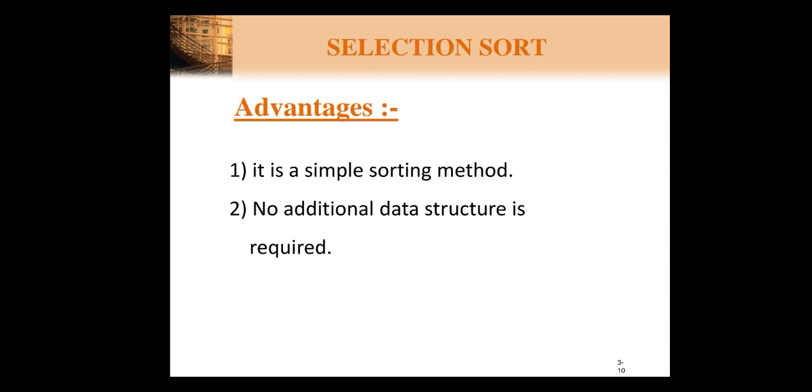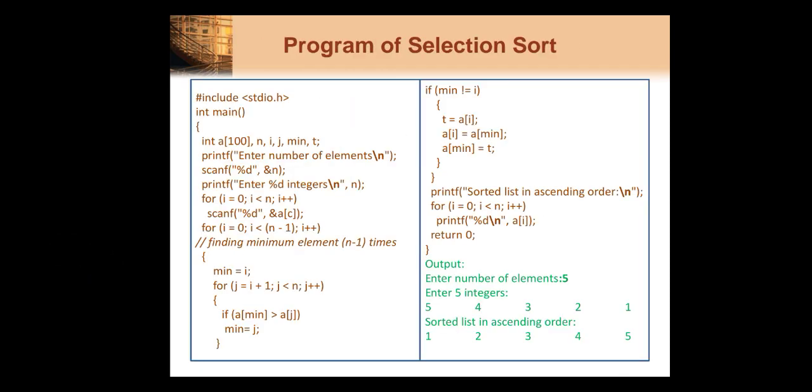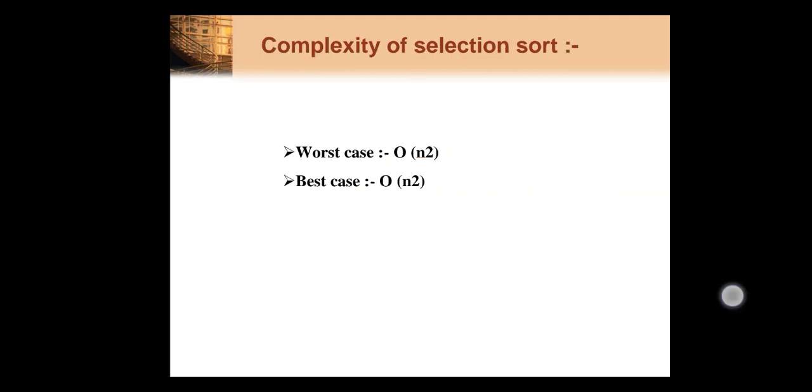Now here I want to tell you one thing. In the program we have seen, we are arranging the elements in ascending order. If you want to arrange the data in descending order, you need to change your logic. Simply you can say a of min is smaller than a of j. That means you want to select the largest element: first select the largest element from the remaining elements and place it at the first position, then the second largest element at the second position. In this way you only need to change this sign, so that your data gets arranged in descending order.